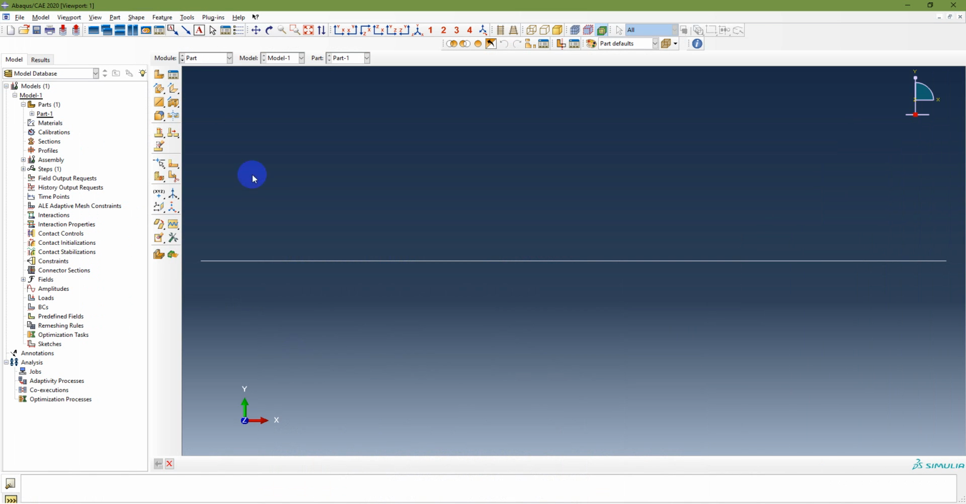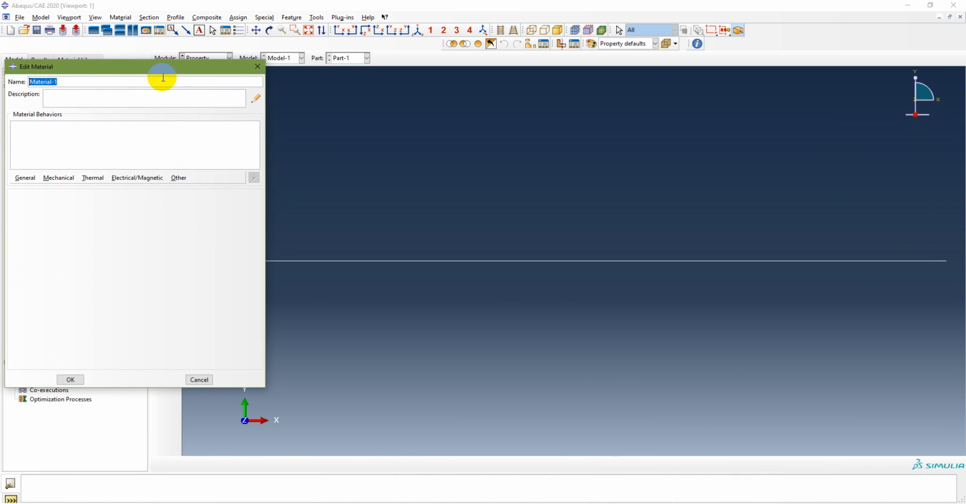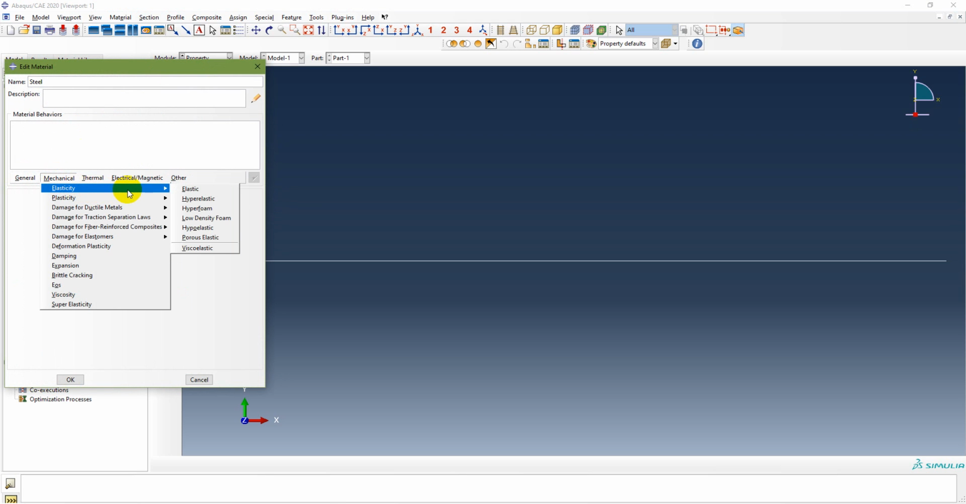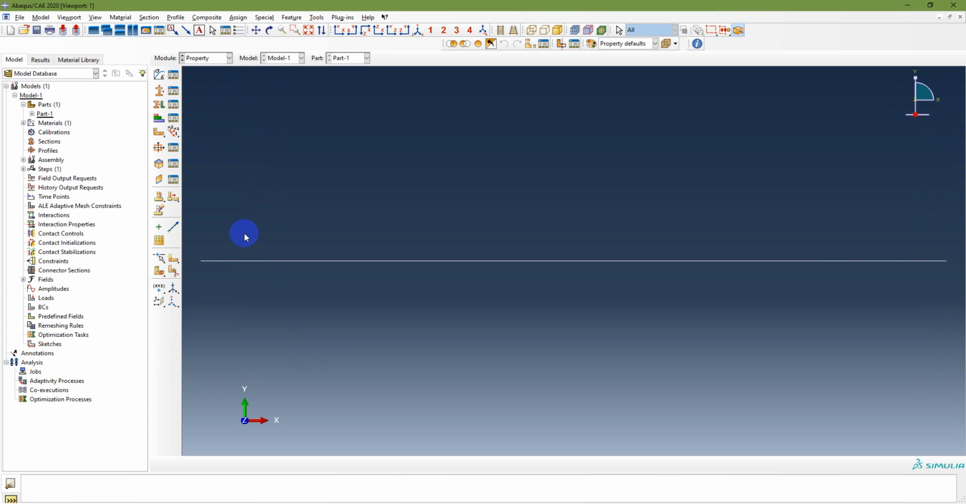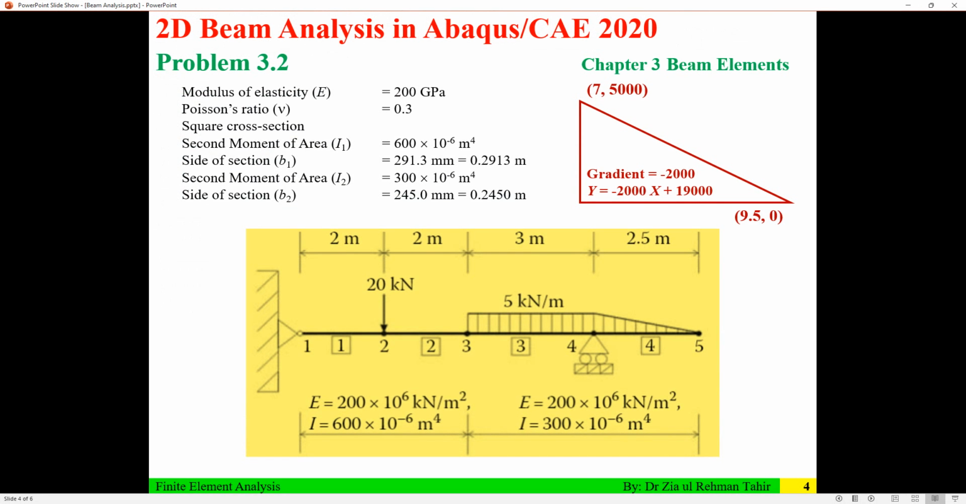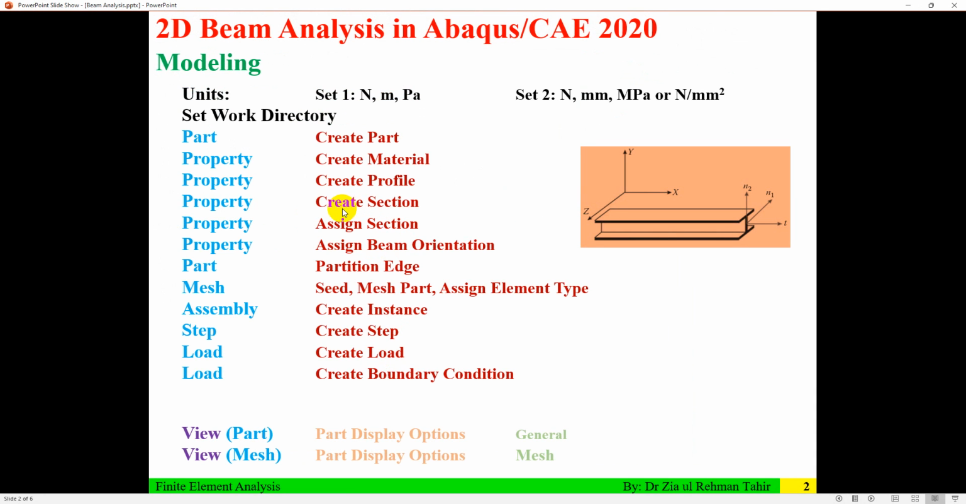So now in the property module, create material which is steel, and you have here general density, and then in mechanical, elasticity and elastic. So it is 200 gigapascal, 200 e raised to 9, and 0.3. So that is the material. You have created the material. Here you can see that this material steel is being created. So the next one is you need to create section,